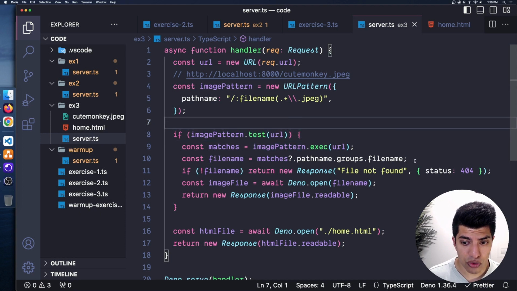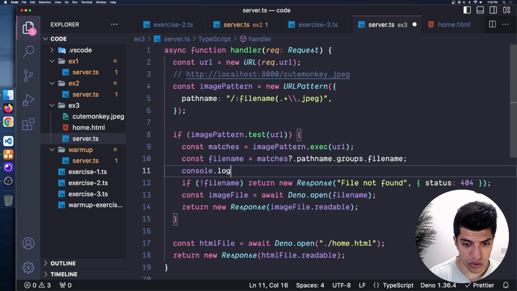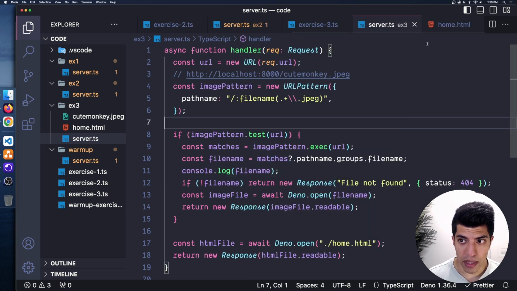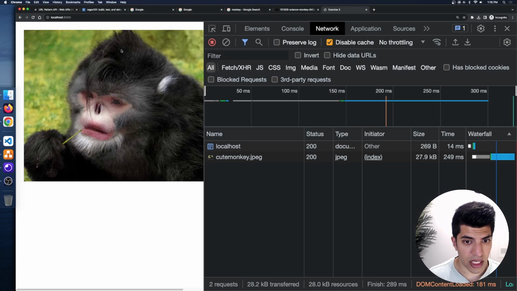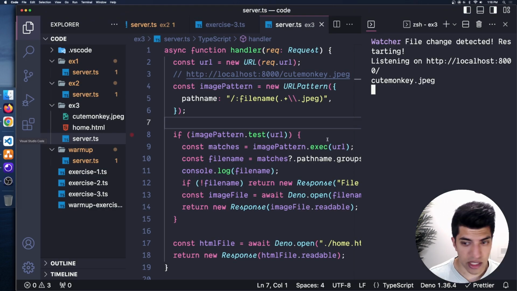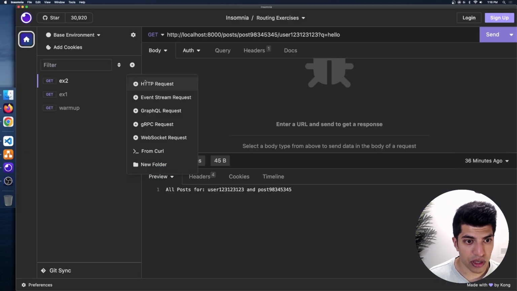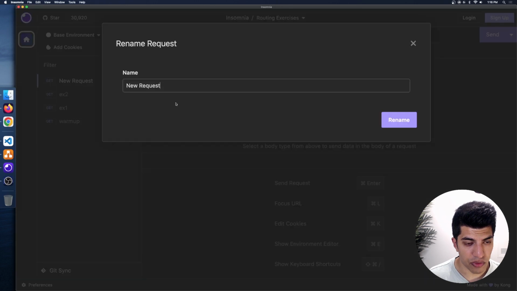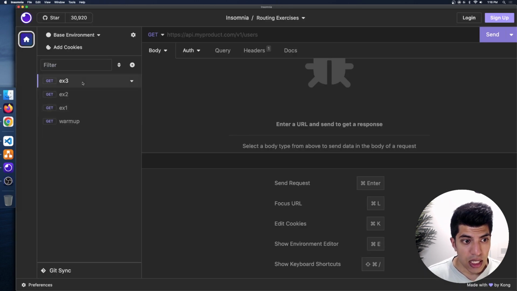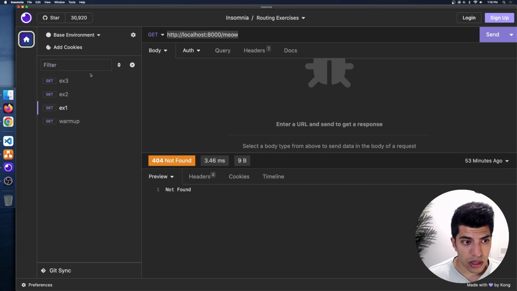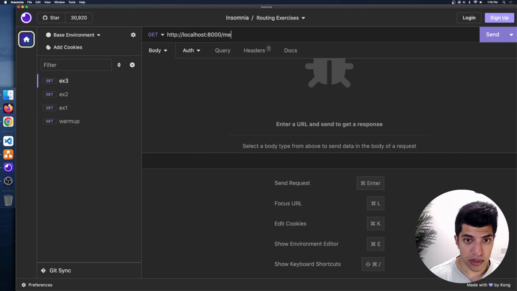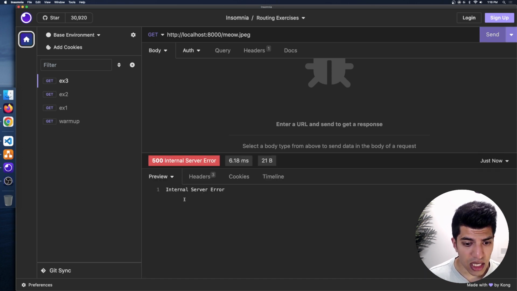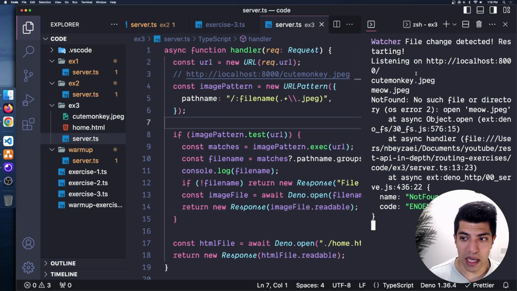Let me show you exactly what's happening. If I do console.log here of the file name, and I'll open up my terminal and I'll refresh this page, and we'll go back to here and we'll see that that's cutemonkey.jpg. And if I go to Insomnia really quick, I'll create a new HTTP request and I'll rename this to exercise 3. What I can do in here is /meow.jpg, for example. And I'm going to get an internal server error in this case, because you can see that there's no such file or directory